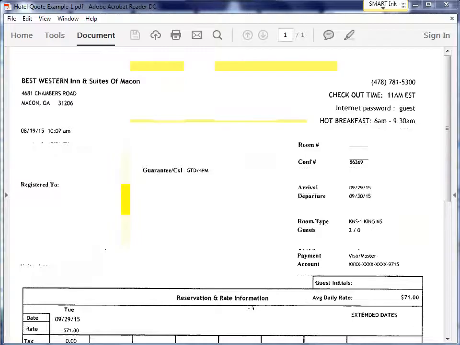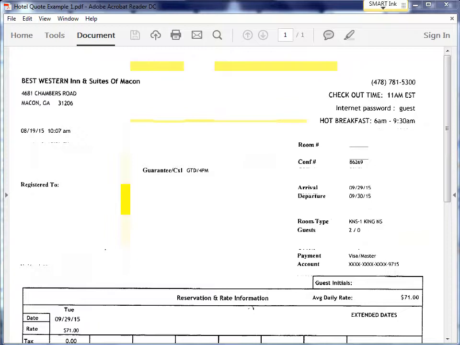While on the phone making her reservations, Dr. Robinson will need to request a written hotel expense quote that shows the room rate with the hotel taxes eliminated. This can be emailed or faxed to your school. Here is one example of a hotel quote from an approved trip this summer. You can see that the quote lists the name and address of the hotel, as well as the arrival and